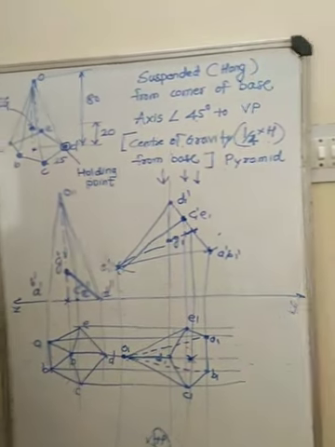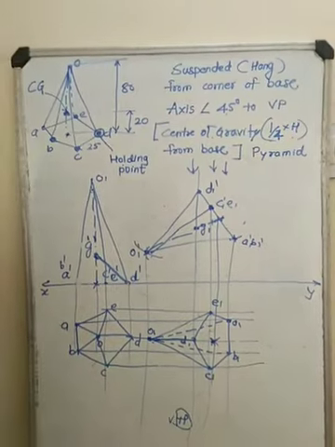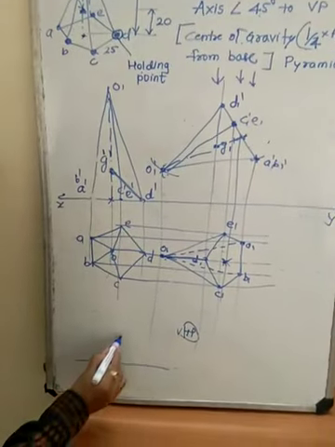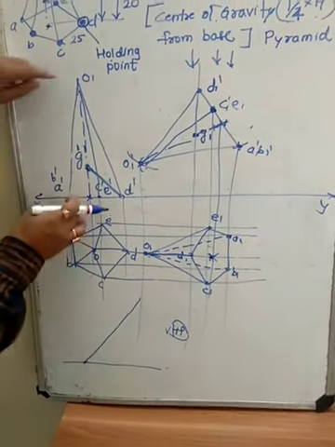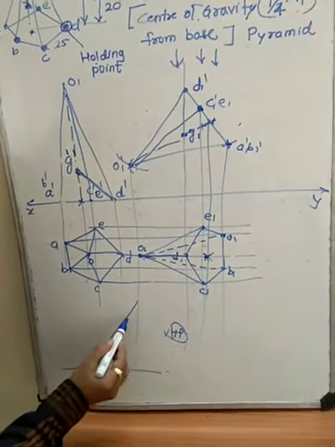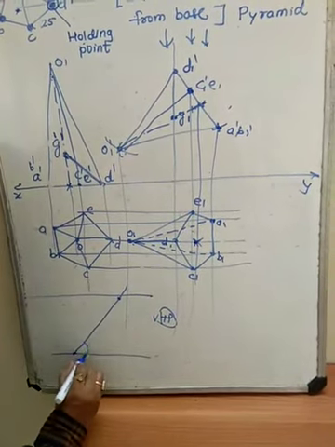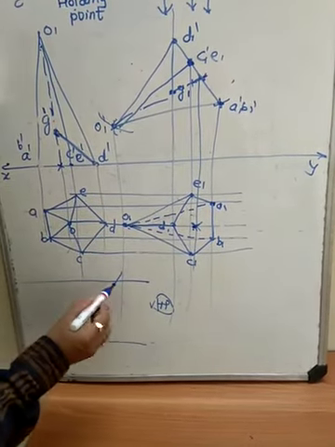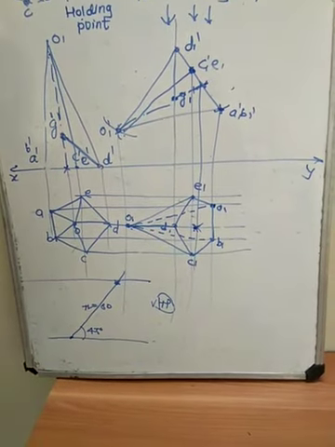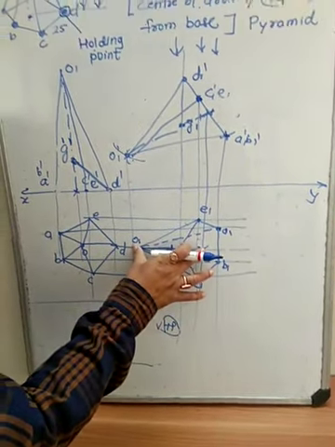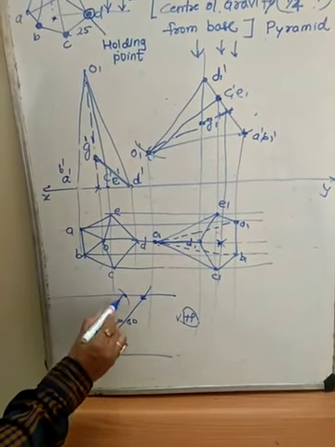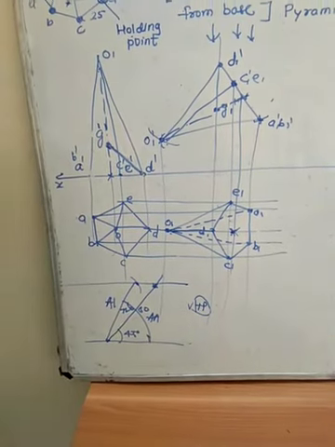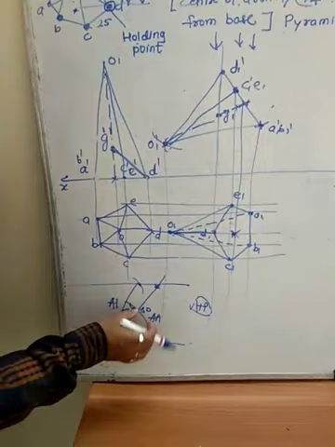So you have to find the apparent angle. How to find the apparent angle? First draw a horizontal line. Now take 45-degree inclination, and mark the true length that is 80. Mark the true length 80. Now draw horizontal line parallel to this. Now take this apparent length, and mark over here. You will get the apparent length, and here you will get the apparent angle.